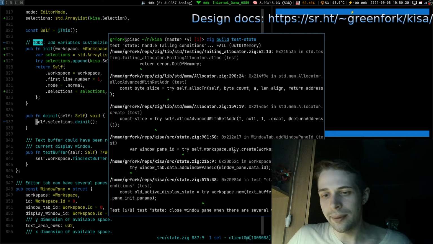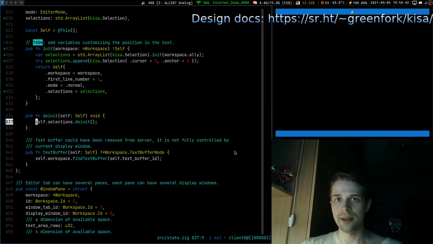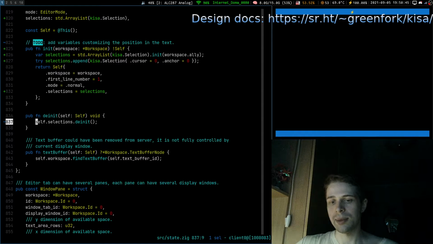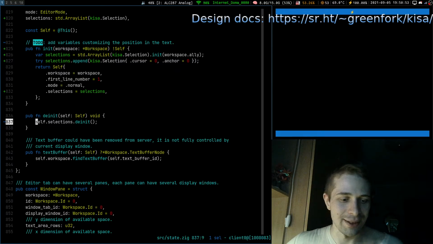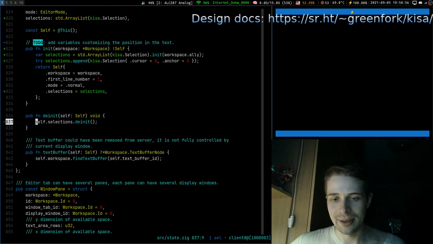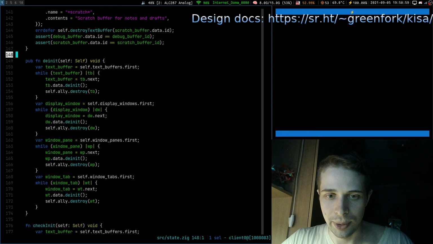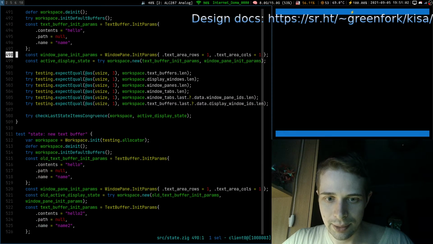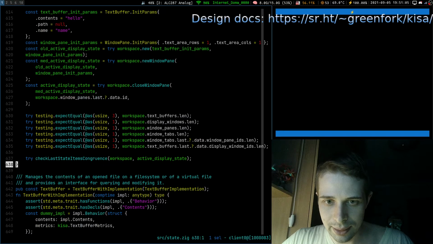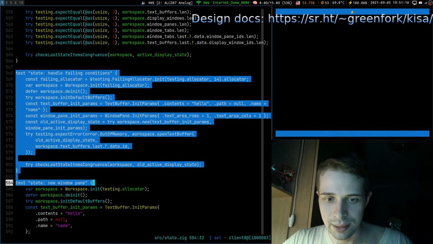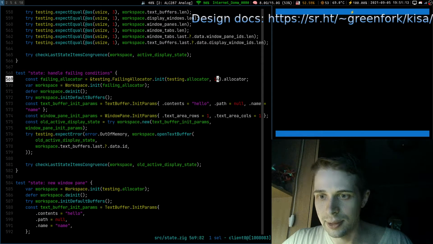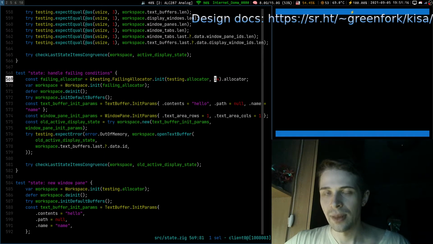Oh, right. We have one test which checks that when something fails, you gracefully handle the failure, meaning that you don't do some magic stuff and magically restart, but you free all the resources that were acquired. We have just a single test for that, and let me show you, new window pane. Yeah, here it is, handle failing conditions, and this is 14. This is a counter at which allocation we are going to fail.